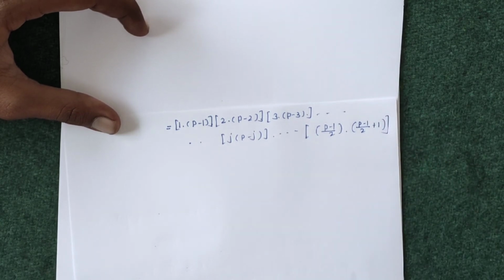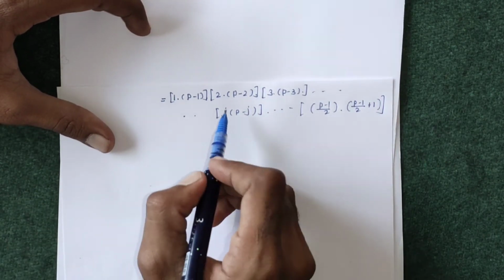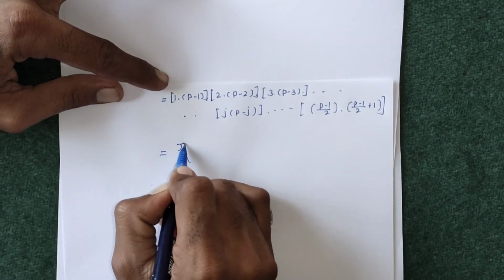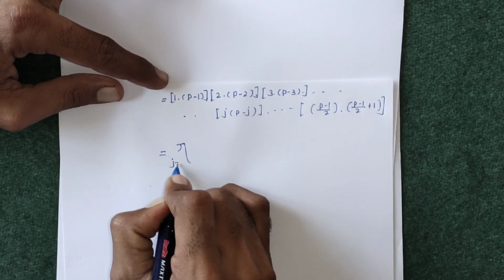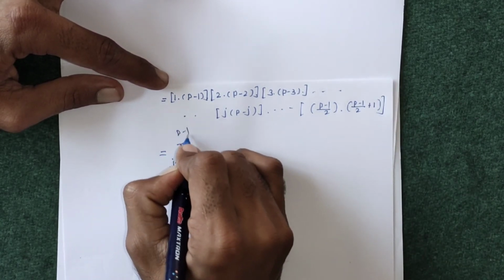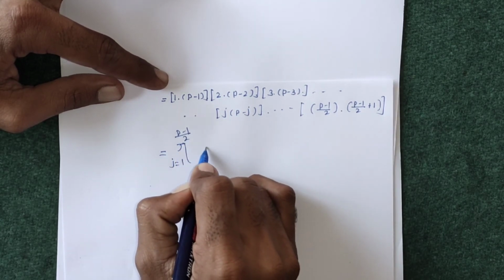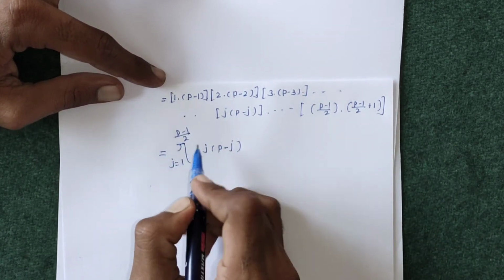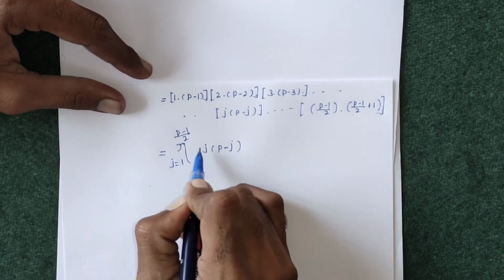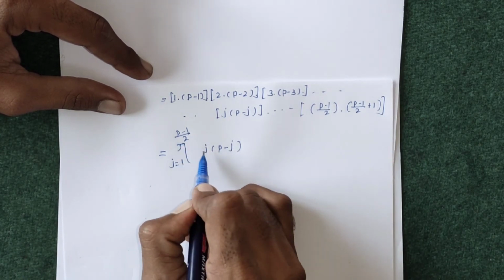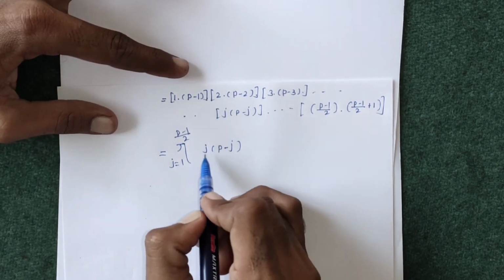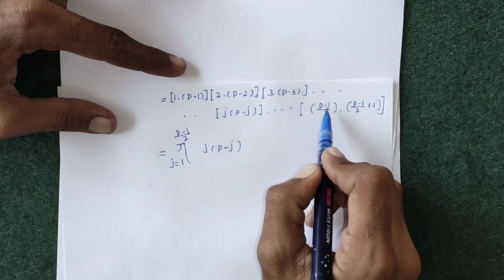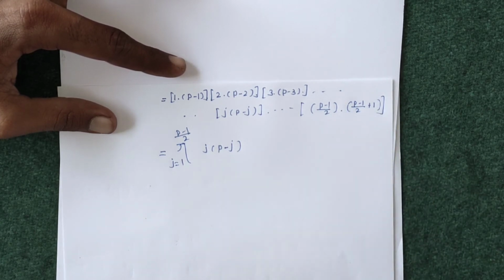So pairing the multiplication of the first p minus 1 natural numbers in this manner, we can write this as the product over integers j from 1 to (p minus 1)/2 of j into p minus j. So this arrangement is for the product of j running from 1 to (p minus 1)/2, j into p minus j. If we take j equal to 1, then we get 1 into p minus 1, j equal to 2, then 2 into p minus 2. For j equal to (p minus 1)/2, we get (p minus 1)/2 into ((p minus 1)/2 plus 1). So